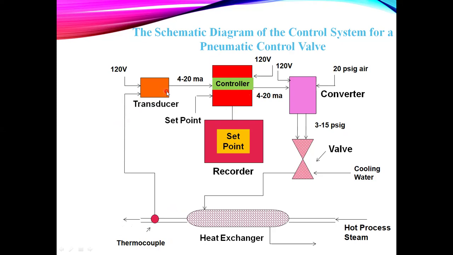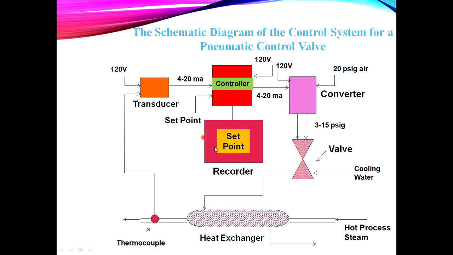That particular electrical signal could be in the range of 4 to 20 milliamperes, because this particular current is the one that your controller understands. So from the temperature reading, you have the transducer that converts this physical unit, let's say Celsius or Fahrenheit, into ampere units. So it's now fed to your controller in the form of an electrical signal, in the form of current. Now your controller compares it to the set value.